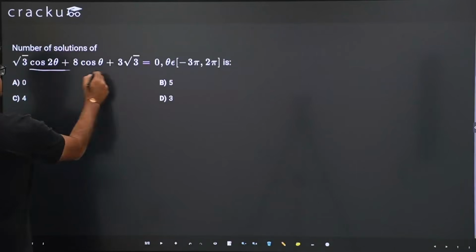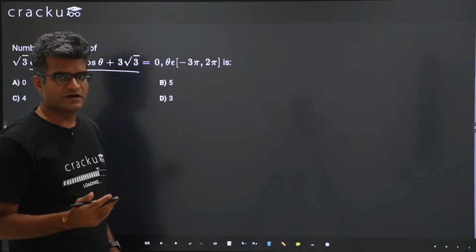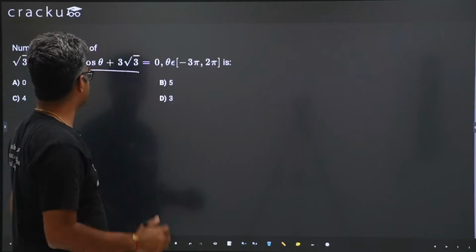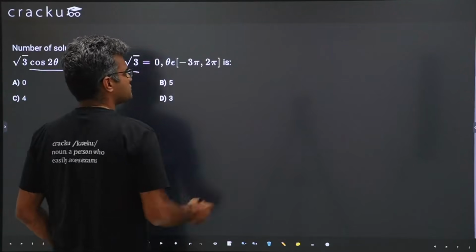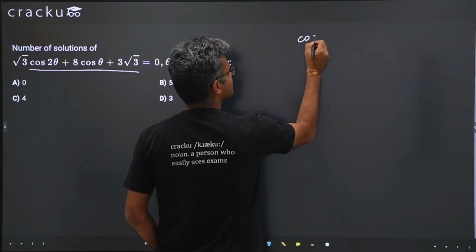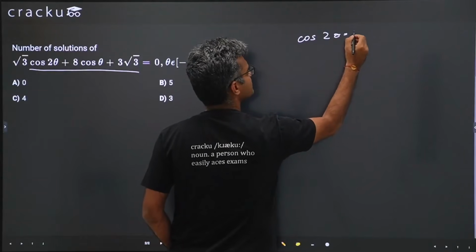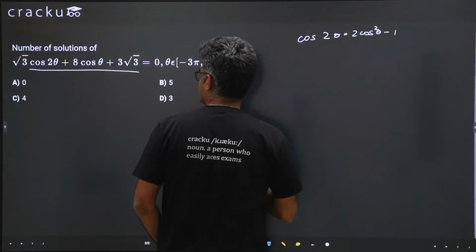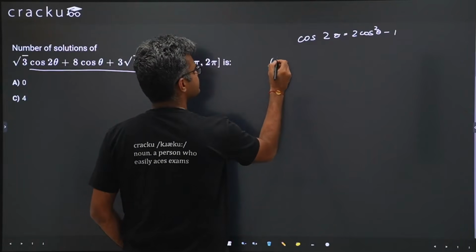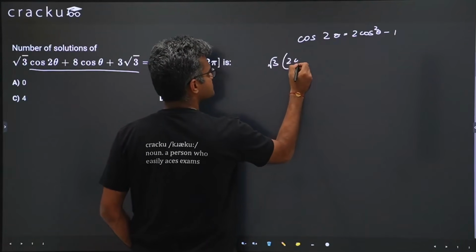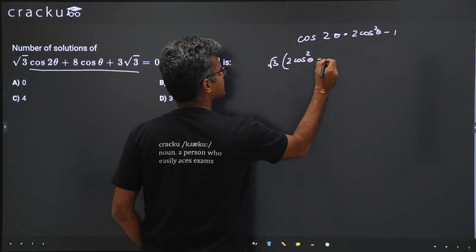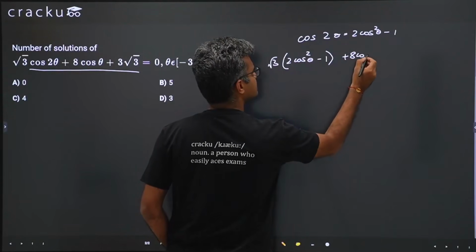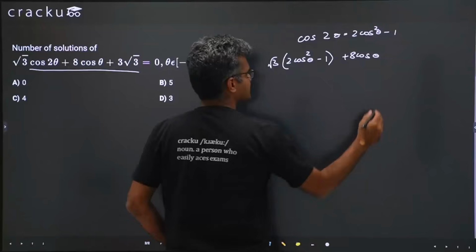We are given an equation in cos theta and we are required to calculate the number of values of theta between minus 3 pi and 2 pi which satisfy this given equation. We are given cos 2 theta at the start and we know that cos 2 theta is equal to 2 times cos square theta minus 1. So the given expression is root 3 times 2 cos square theta minus 1 plus 8 cos theta plus 3 root 3